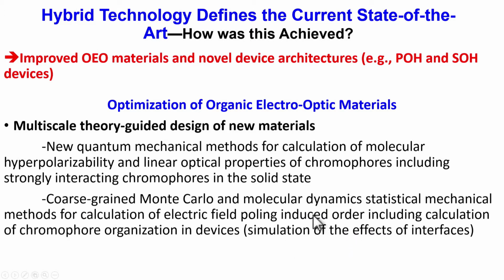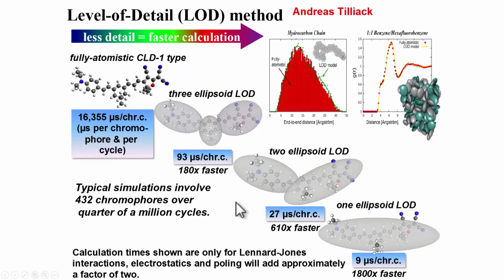And the second is new coarse-grained statistical mechanical methods. So first of all, I want to briefly tell you about the modifications that have to occur in theory. Obviously, fully atomistic calculations aren't capable of dealing with this level of complexity. And so you have to do coarse graining to speed up run times and to carry out a tractable